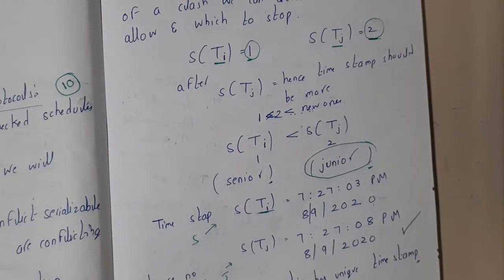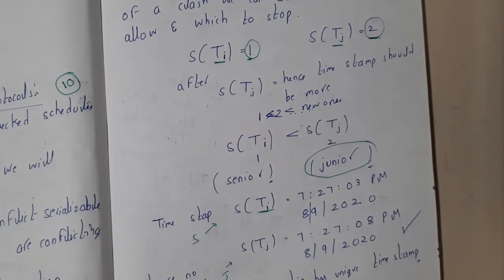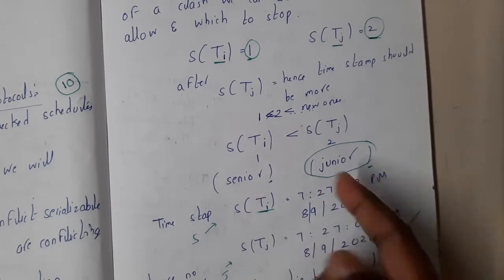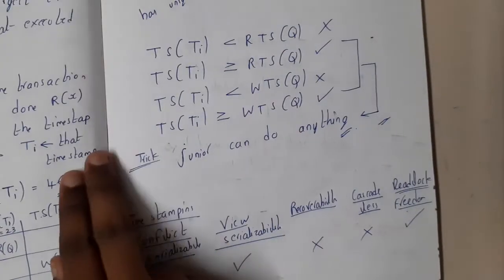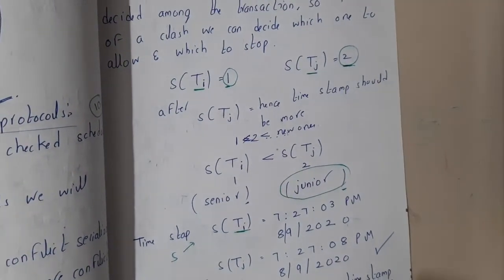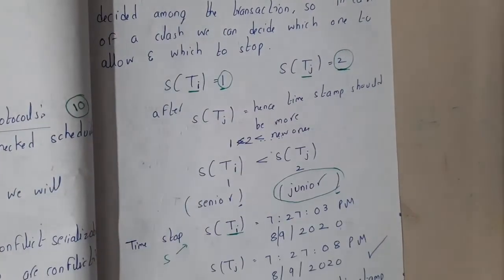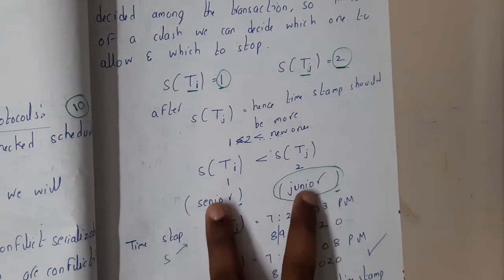If you are in a college, who will be given more priority by your faculty? The faculty will always be good with your juniors rather than seniors, right? In the same way. In some colleges it might be different, but I'm just giving you a small example. So now, when it comes to timestamping, you understood the concept, right? The major question will be, we understood this, but what is the major advantage with respect to this junior-senior relation?